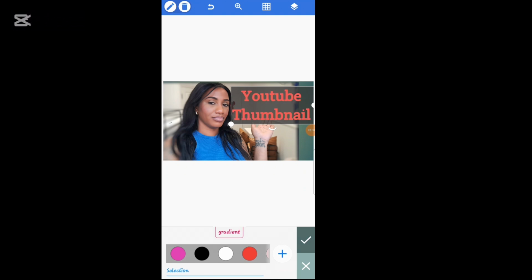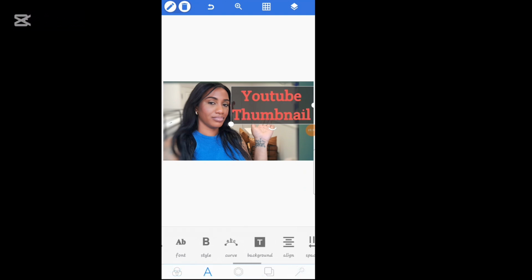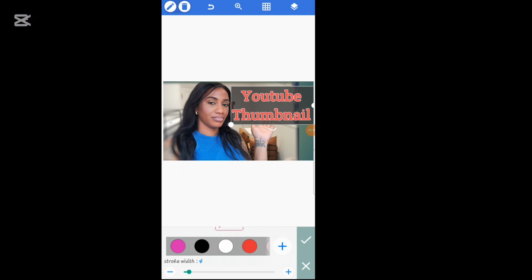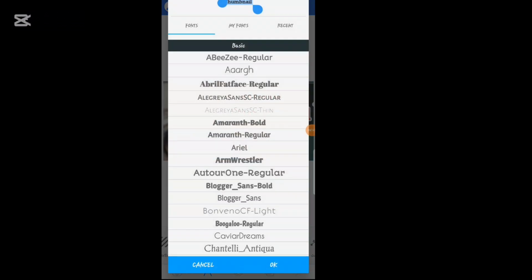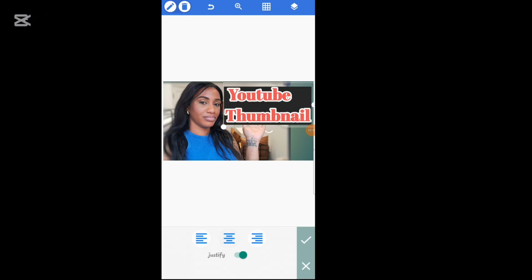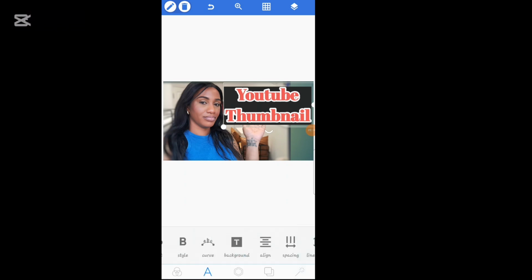You can change the color of the wording, you can change the background of the wording, you can space the words, you can add shadows, you can add color to the shadows. You can also make the letters bigger, smaller. You can change the font. You can change the wording, you can place the letters to the side, in the middle,